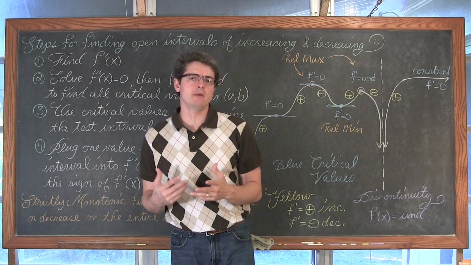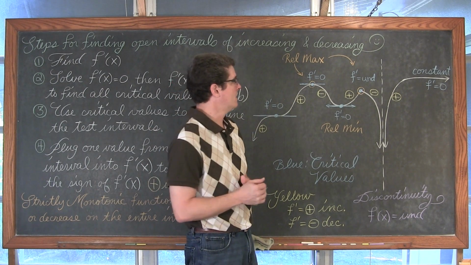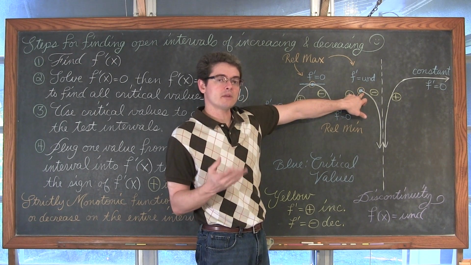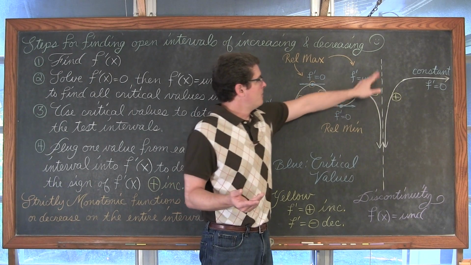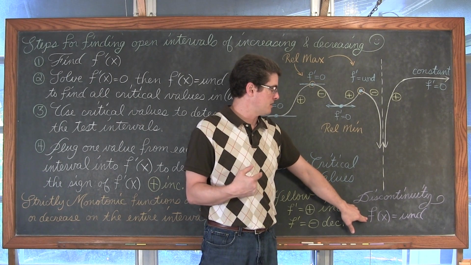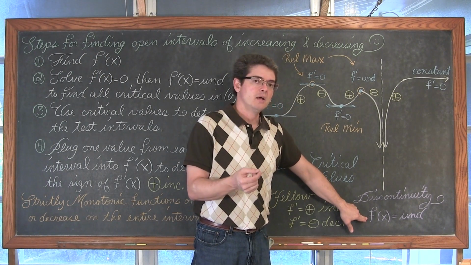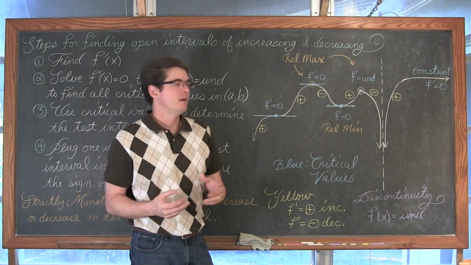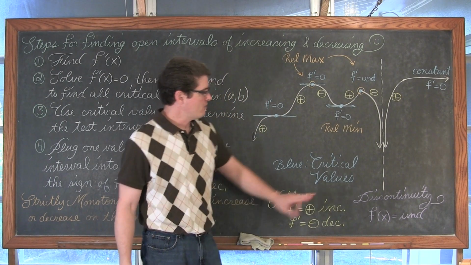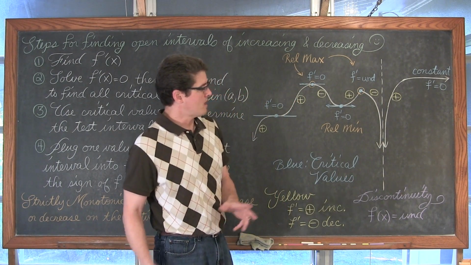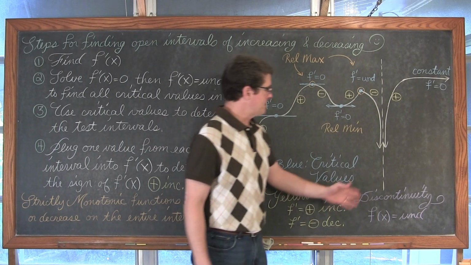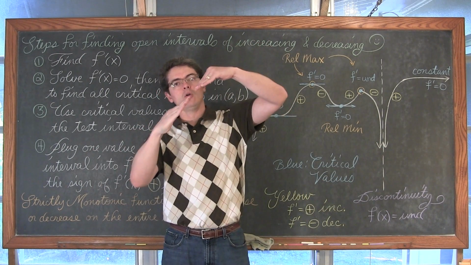Sometimes we do need to go back and make sure that the function itself is not undefined somewhere. Like at this point, my first derivative would be undefined. But if my function is continuous there, then I'll have a sharp bend, like an absolute value function. But sometimes when the first derivative is undefined, it's possible that not only is the first derivative undefined, but the actual original function is undefined as well. That could be in the form of a hole, or, how I have it drawn in this diagram, a vertical asymptote. That would be a discontinuity right there, and you're not going to have a relative max or min at a point of discontinuity, even if it's a hole.